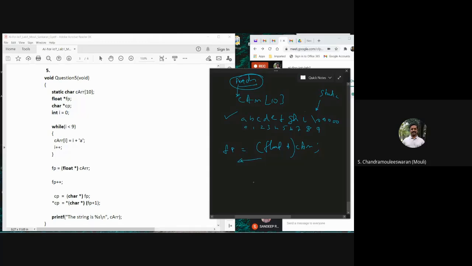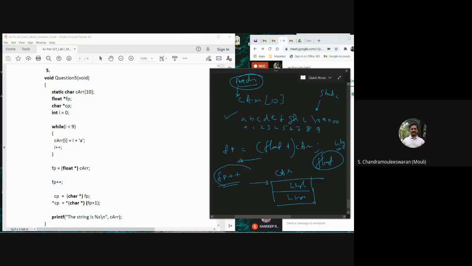So as far as the program is concerned, it thinks the C array has floating point values. That means 4 bytes of one float value, maybe another 4 bytes of another float value, because a float is always 4 bytes in size. Fine. Now FP has this address. Now when I say FP plus plus, what is happening?